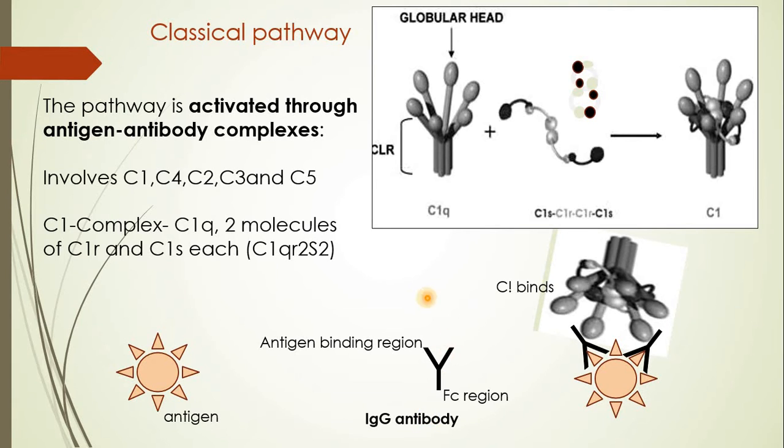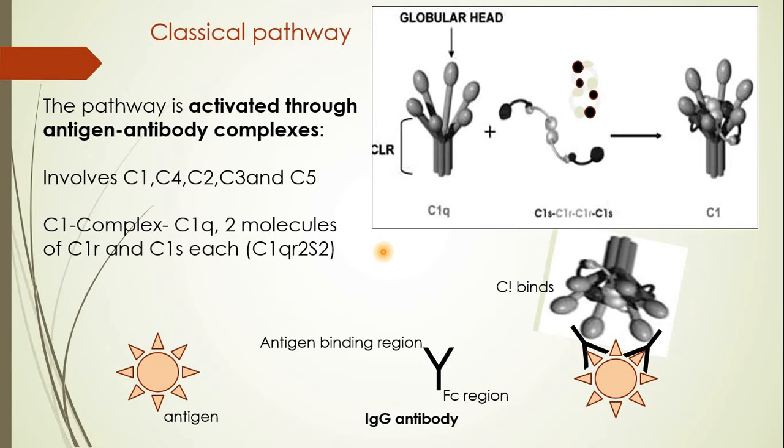Before we begin with the classical pathway, you need to understand that in an earlier lecture I said that these complements are present in 20 numbers and they are numbered from C1 to C9. Now why are there 20 when they are numbered C1 to C9? It indicates that some of them act as factors which are labeled by alphabets. The numbers 1, 2, 3, 4 or 9 indicate the time of their discovery, or the significant feature when it was discovered, or the course of discovery, you can say.